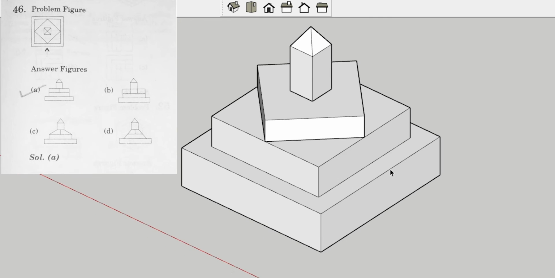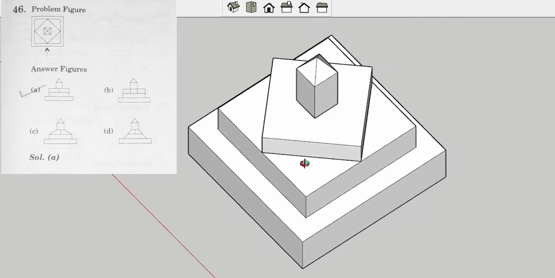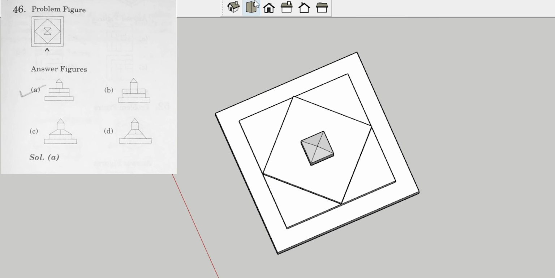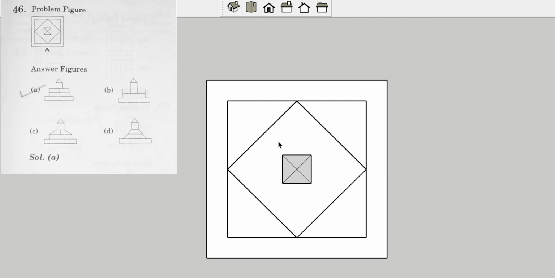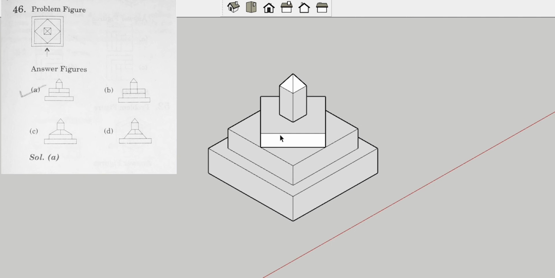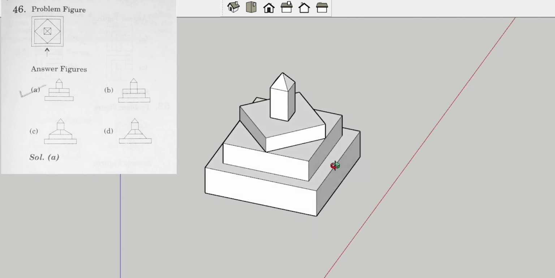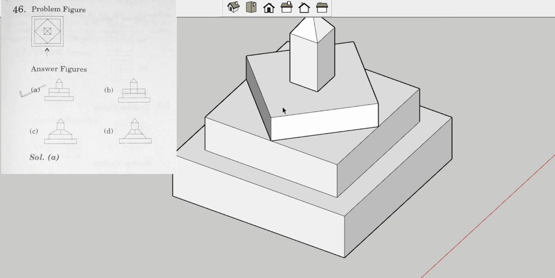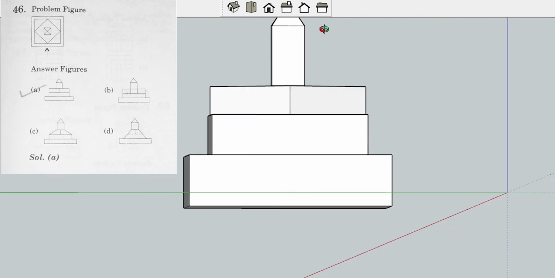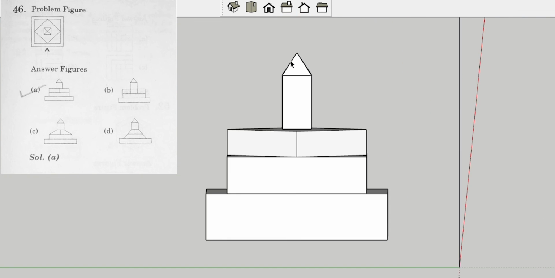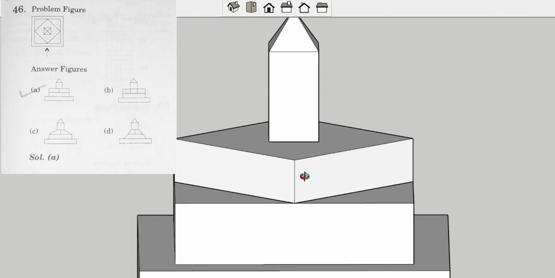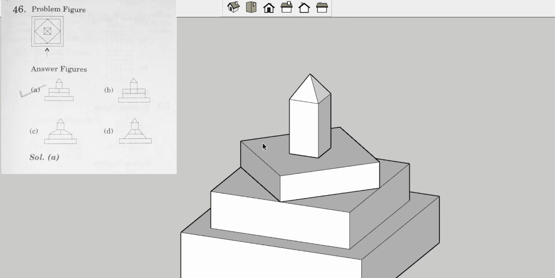So you have to eliminate these vertical lines from this model and you will get the top view. As I'm moving the camera upward, you can see that the top view is like this. If they had asked you the elevation, you know that it's symmetric, and now you have to get the elevation. The elevation from the side would be like this, and you know that it's symmetric. You will get a line here. Please notice this. That's how you will get your elevation.